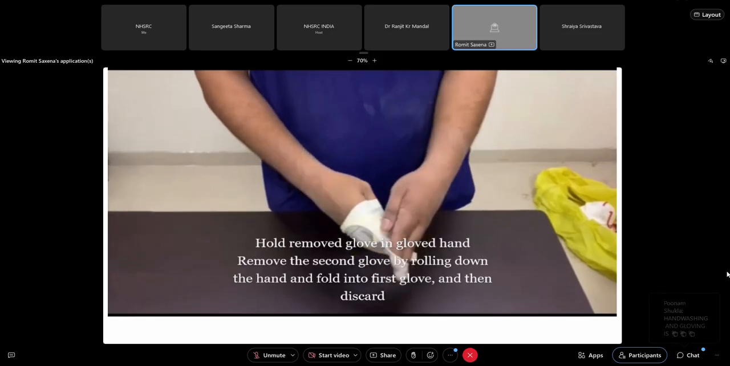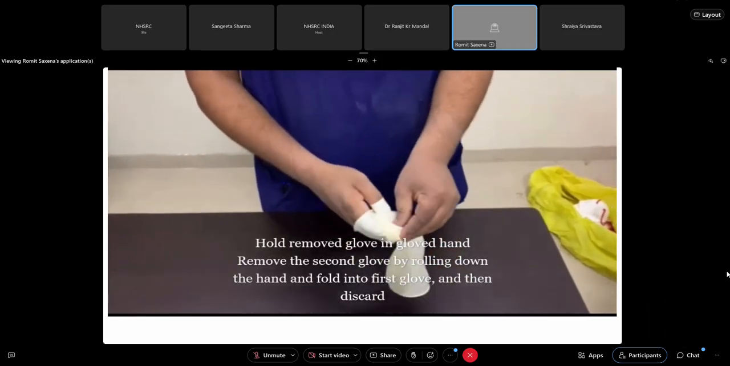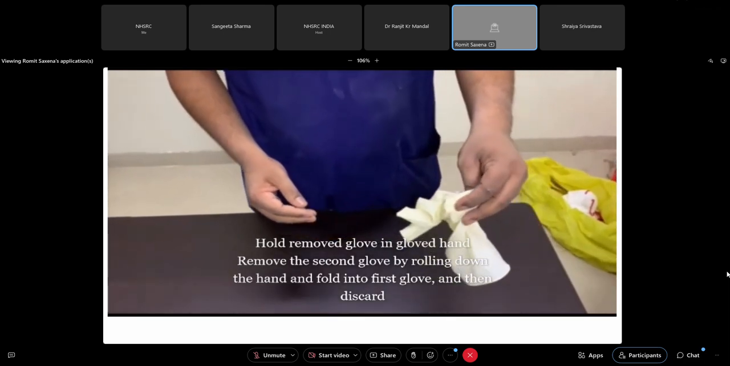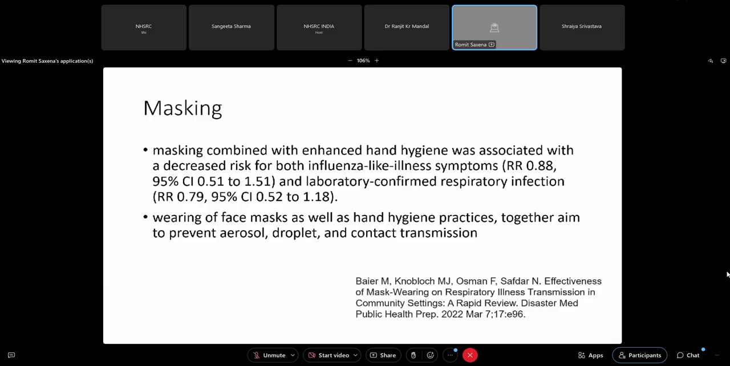Now you see, you have not touched the inside part of the glove. You have just overturned it on itself and then discarded it into the right bin. The reason I'm emphasizing this is that if you do not, you as a doctor will be the one who acts as the carrier after examining 15 patients. If you don't choose the right mode of precaution, you will be the one spreading infection from one patient to